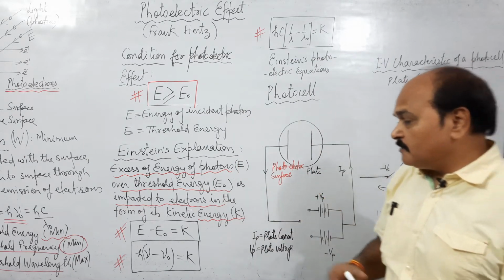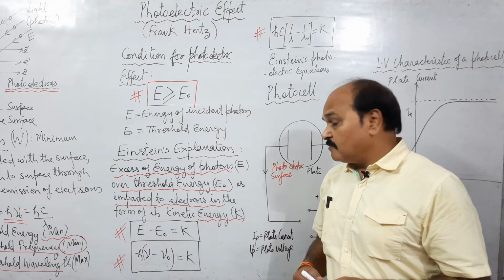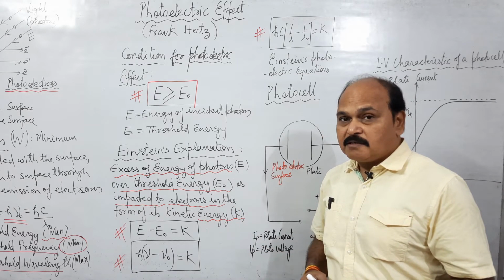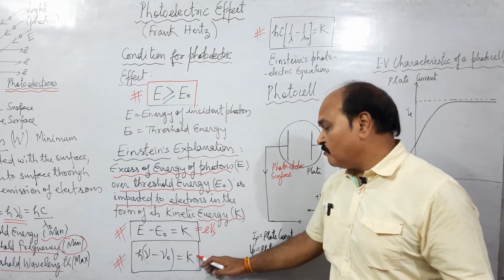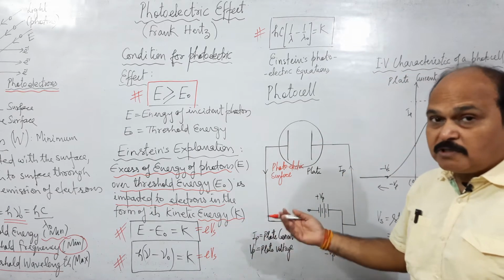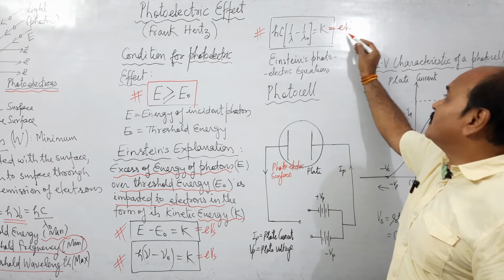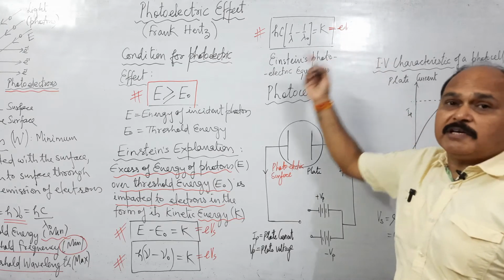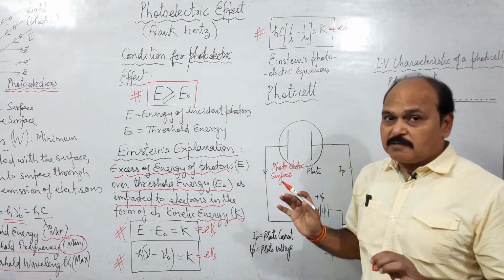And this kinetic energy, which is 1 upon 2 mv square, you can use to find out the speed of the electrons also, provided you know its kinetic energy. This kinetic energy can also be written as e into Vs. What is this Vs? Vs is stopping potential. We'll know this very shortly. Right now, let us write it as eVs. We'll study it in detail very shortly.